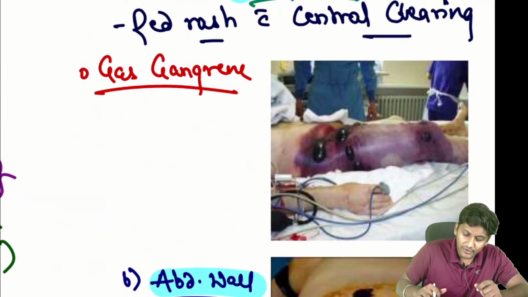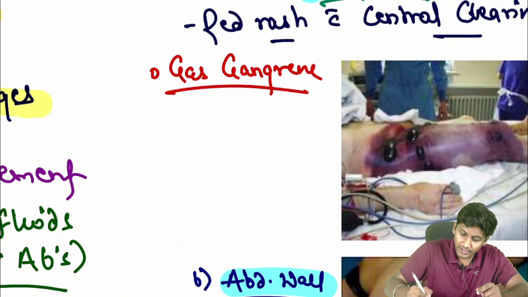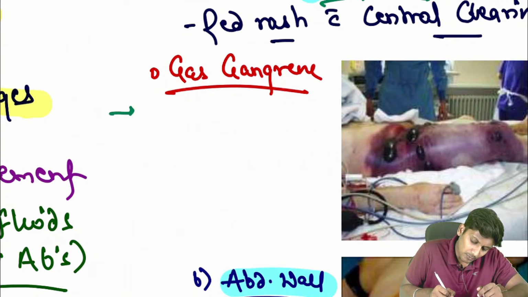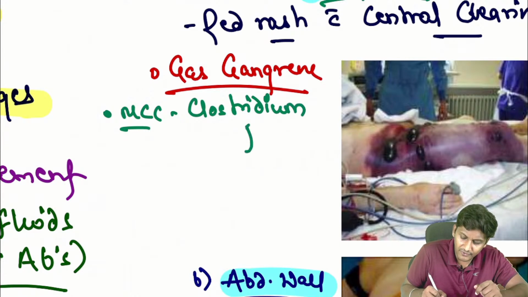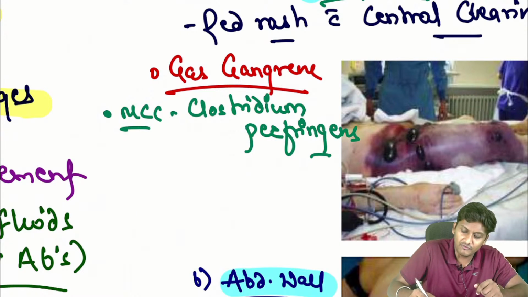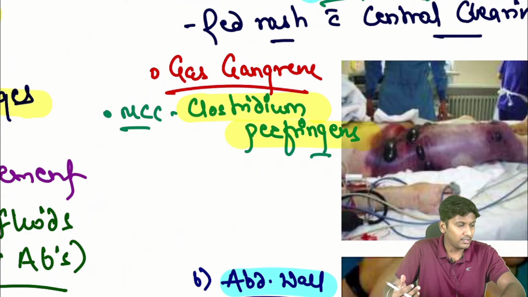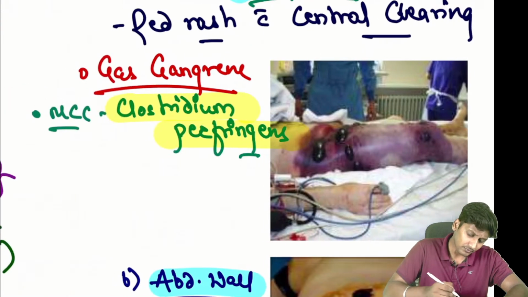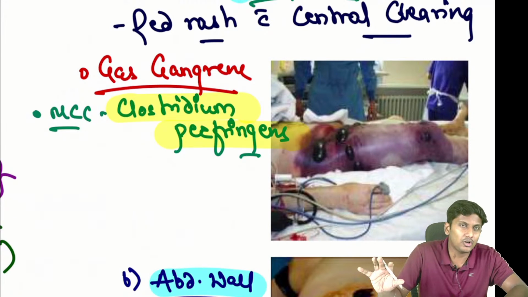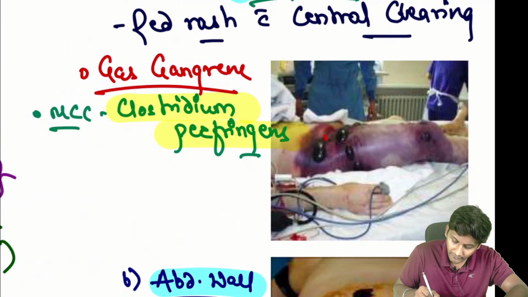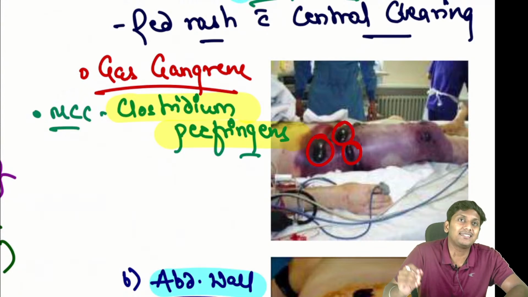Okay, so if I talk about a case of gas gangrene, please remember definitely, the most common cause which is responsible for gas gangrene, I hope all of you are quite aware, the organism which causes infection and production of gas is nothing but Clostridium perfringens. Previously it was called Clostridium welchii, or welchi, now it is known as Clostridium perfringens. Why I'm calling it gas gangrene is, as you can see, there is a purplish or blackish colored lesion all over the leg, so it is a case of gangrene. Definitely with that there are these air bubbles which are formed, these gas bubbles are only seen in a patient of